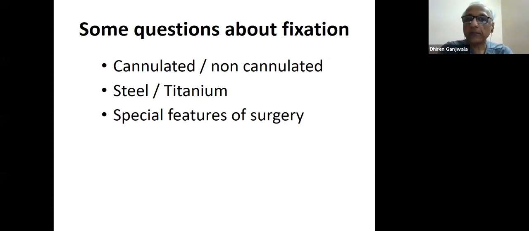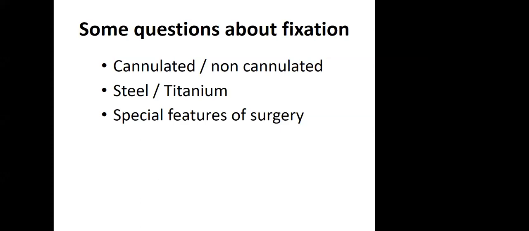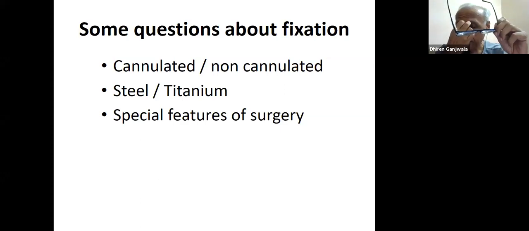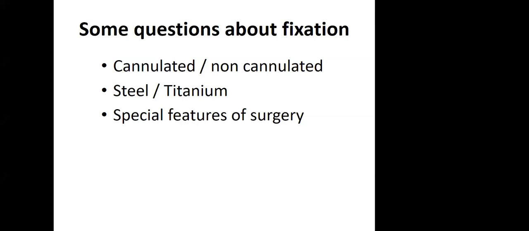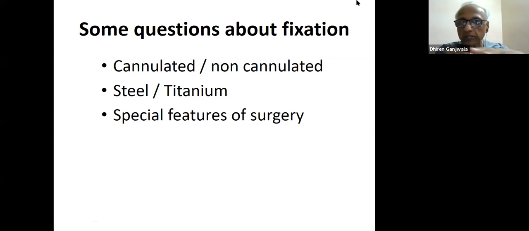Okay, right. But the question is different. I'm not talking about the length. I'm asking why cannulated or why non-cannulated. Cannulated has good resistance to bending, sir. Bending? So non-cannulated is better, right? We won't have to change the screw again and again. Over the guide wire we'll put it once. Yes, so that's the ease. The cannulated screw can be put over a guide wire.